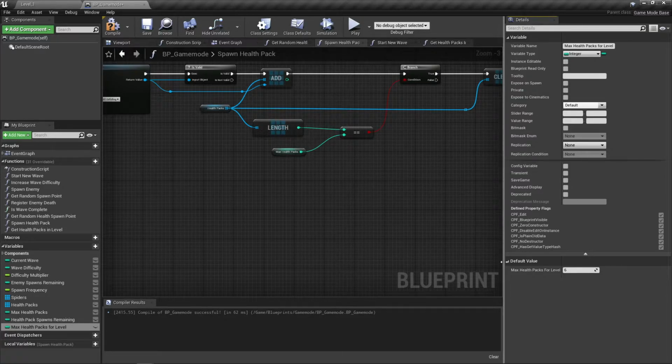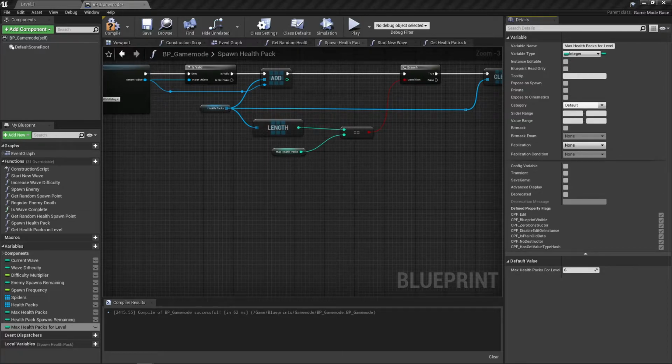I won't ever have more than 7 in those at a time on the level. So that's why I'm going to do it that way. Okay, so now this is going to be pretty simple. Might look a little messy at first, but